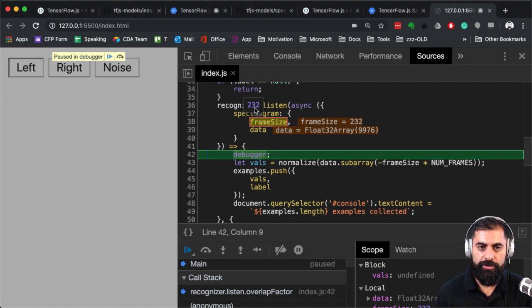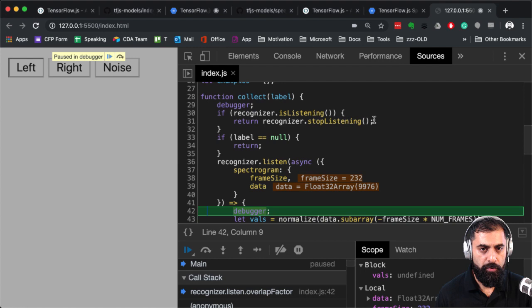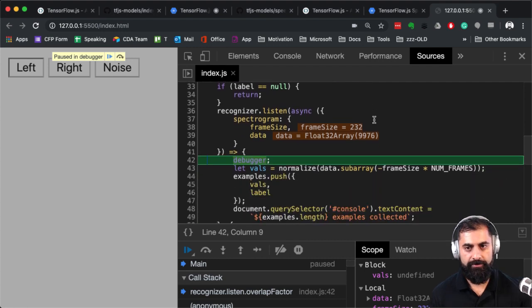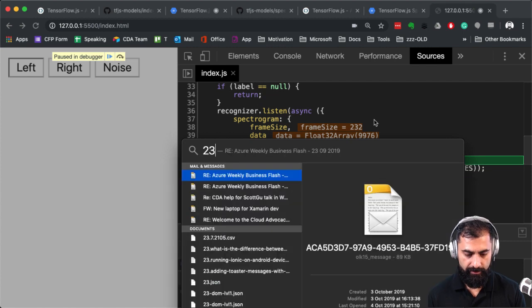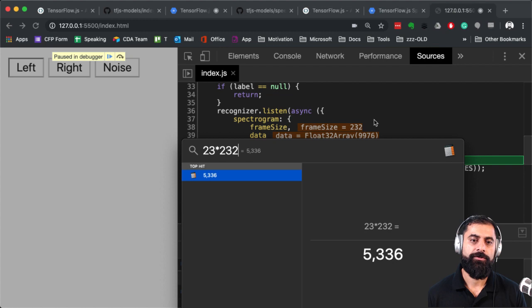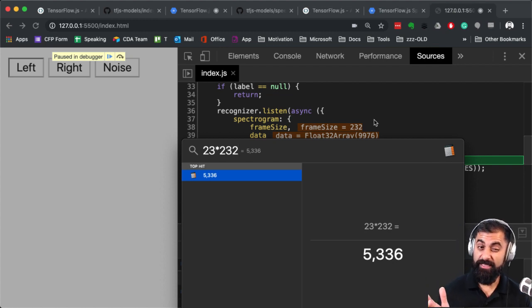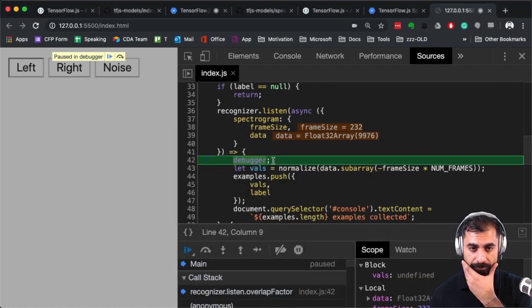So it's 232 frames, and each frame is 23 milliseconds times 232. That means 5 seconds worth of data. I think it's sending us back 5 seconds worth of data, because the frame size is 232. Okay.